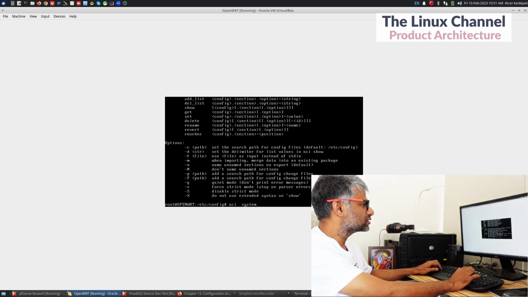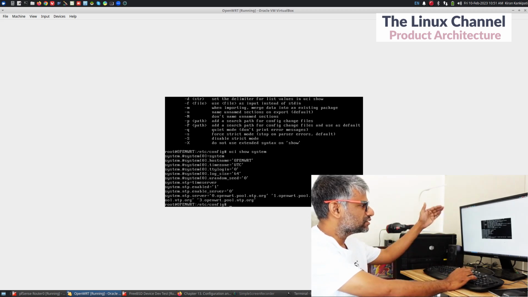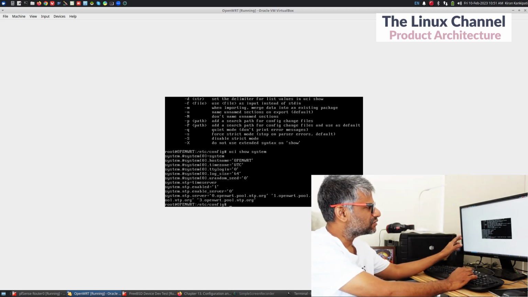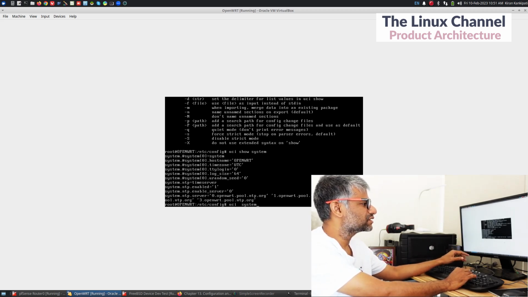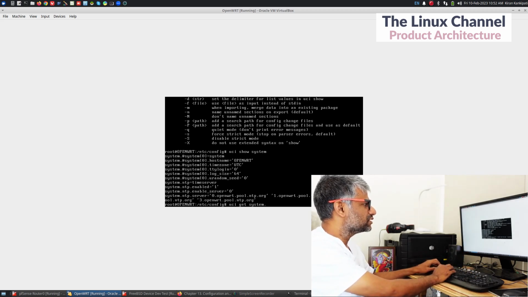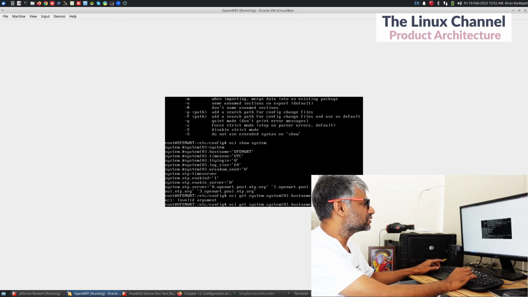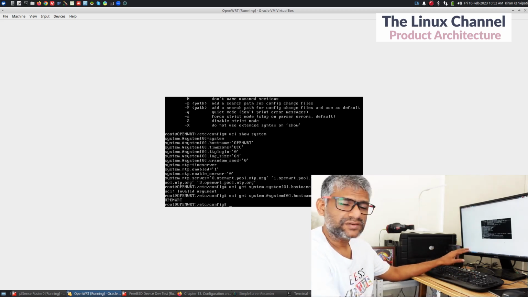uci show system, and you can see all the variables are shown, and some of these are of array type. If it is array type, you can't use that notation, hence it is not working. So what we need to do is system.@system[0], something like this, and we need to provide this hostname, in this case system.@system[0].hostname. Yeah, as you see here, now it works fine, because this is like a multi-dimensional variable, and this way